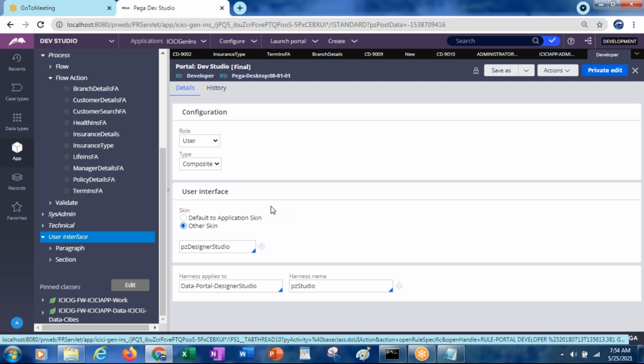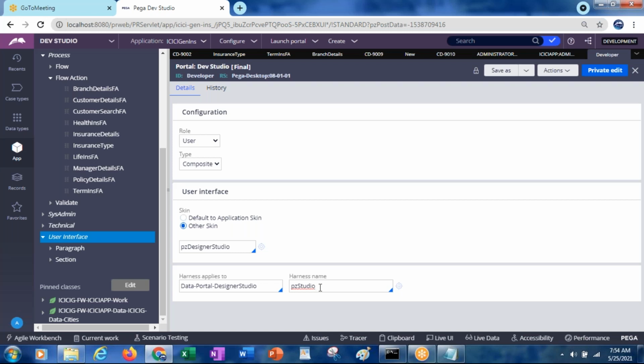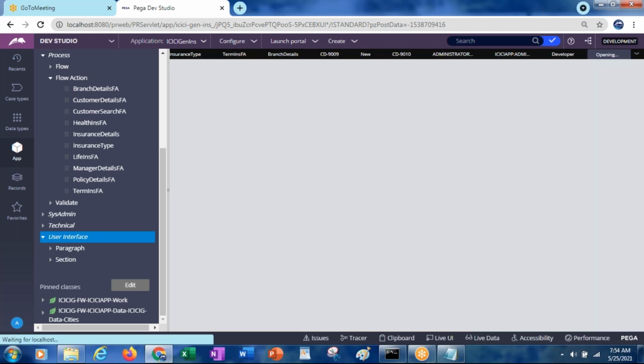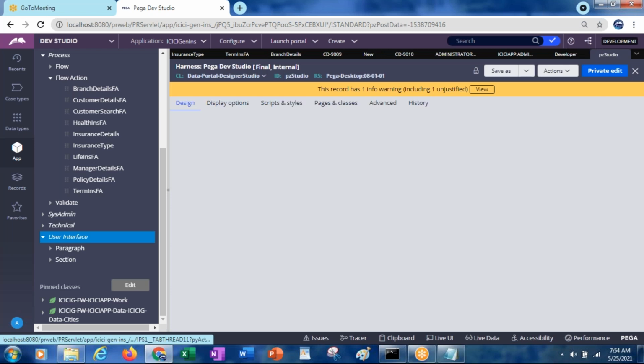You see here, the harness name PZ Studio. So the developer portal is referring to the PZ Studio harness. It is because of this harness only that we are able to see the portal like this.